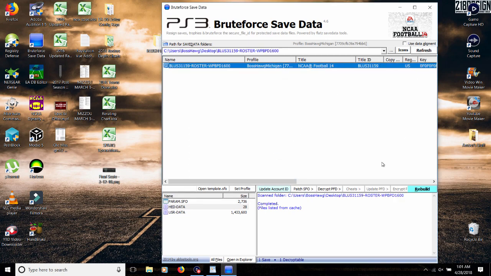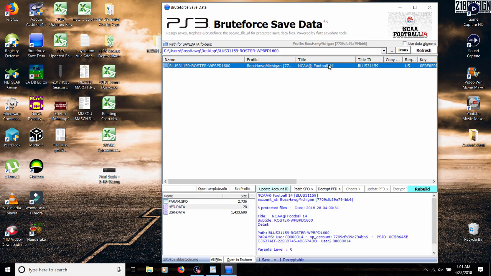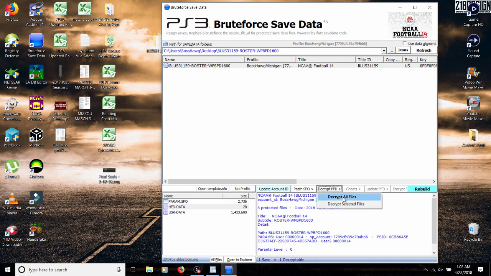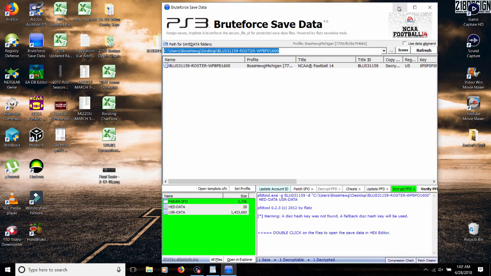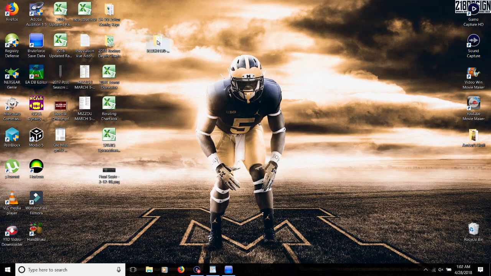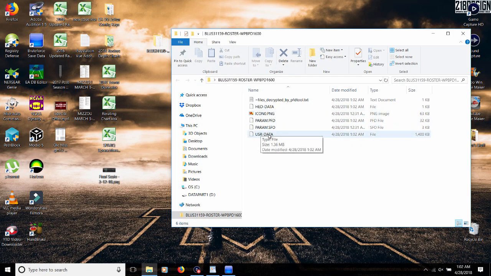I always do that. Now if you notice down here, there isn't anything here yet, so what I always do is I click on this one and then it brings up all this stuff, and you come down here to Decrypt PFD, Decrypt All Files, yes, minimize. Now come back up here to your roster file, go to the user data one, the very bottom,